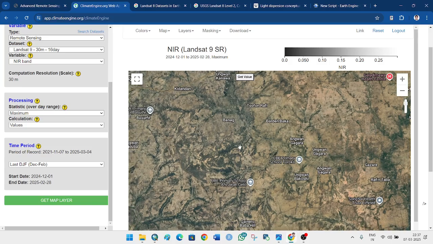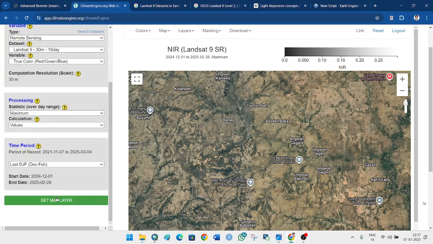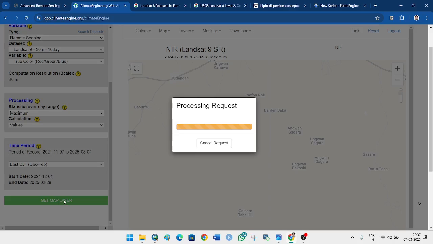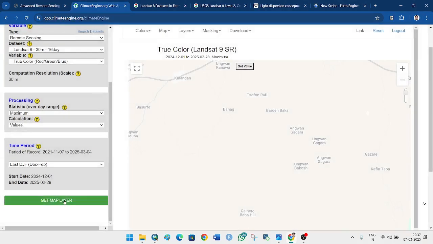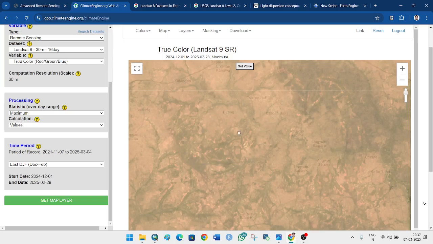When we make the combination of three bands, that is red, green, and blue, then the true color image will be there. So let's see the combination of true color. We are using red, green, blue energy. So this is the true color image here,